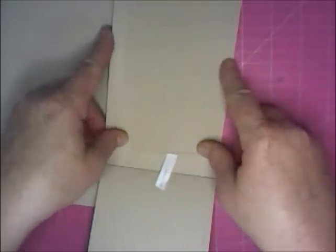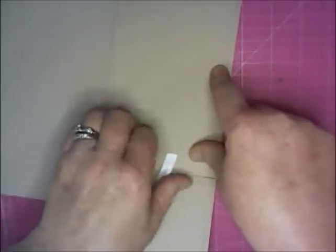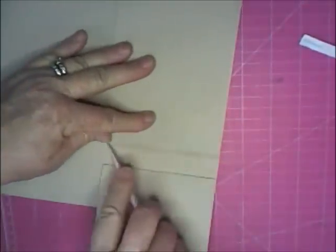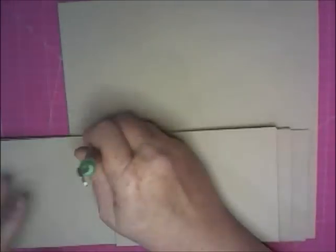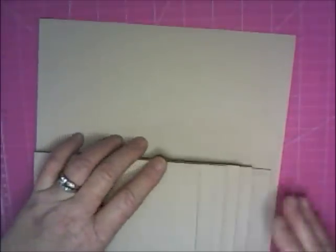So let's get everything lined up. Remove our tape. Now we want to go back and make sure everything's down. For that, when I go back, I don't use my bone folder, I have poked in before. I just love this Cricut tool. So I'm just going to push everything down. Make sure that has a nice good hold on it. And there is our bottom